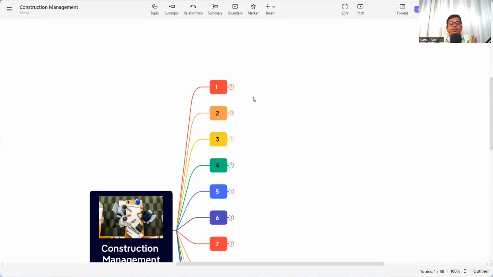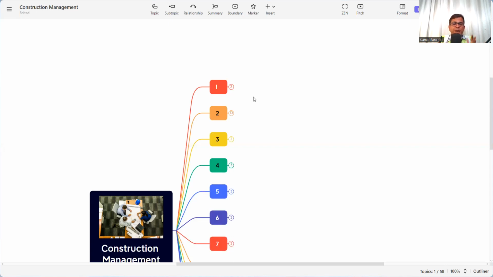So let's start construction management. Suppose there is a wedding in your house, what will happen? It will be very fun and entertaining. But to perform it, what do you need to do? You need to call the caterer people, the lighting people, the decorator, the flower people, and the car. So each and every aspect of the wedding you need to take care of in order to perform the wedding well. So to do the wedding properly, you have to pay attention to each and every thing.